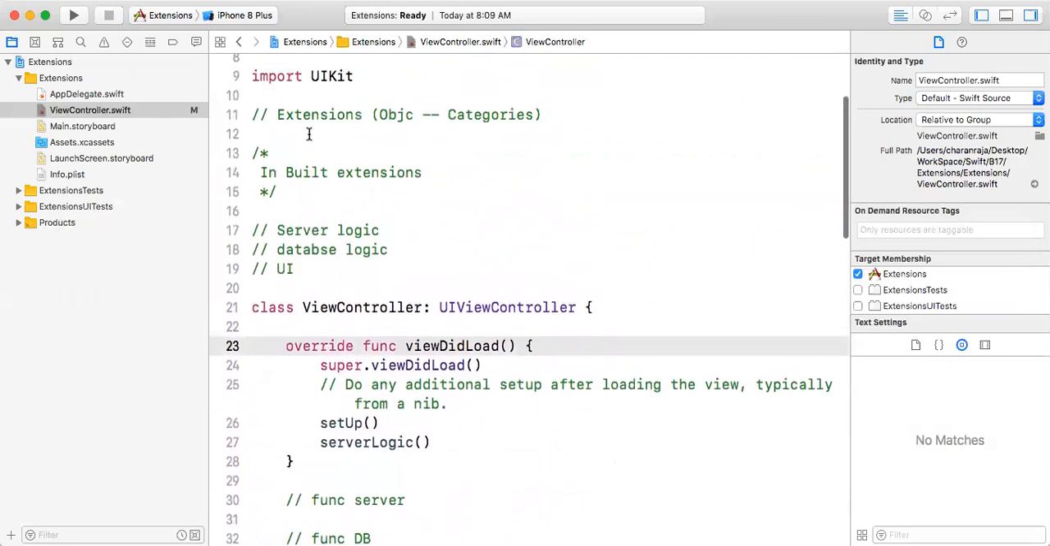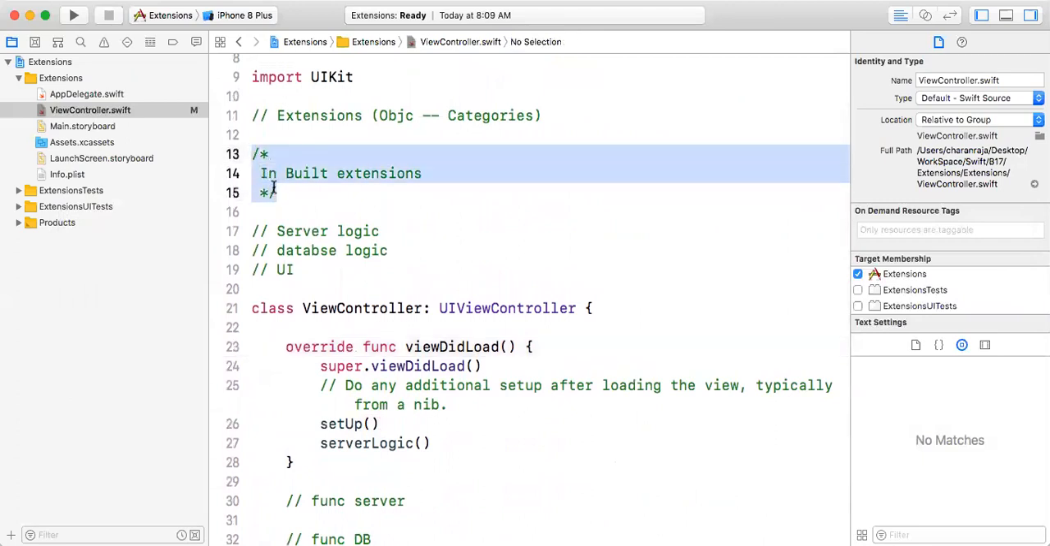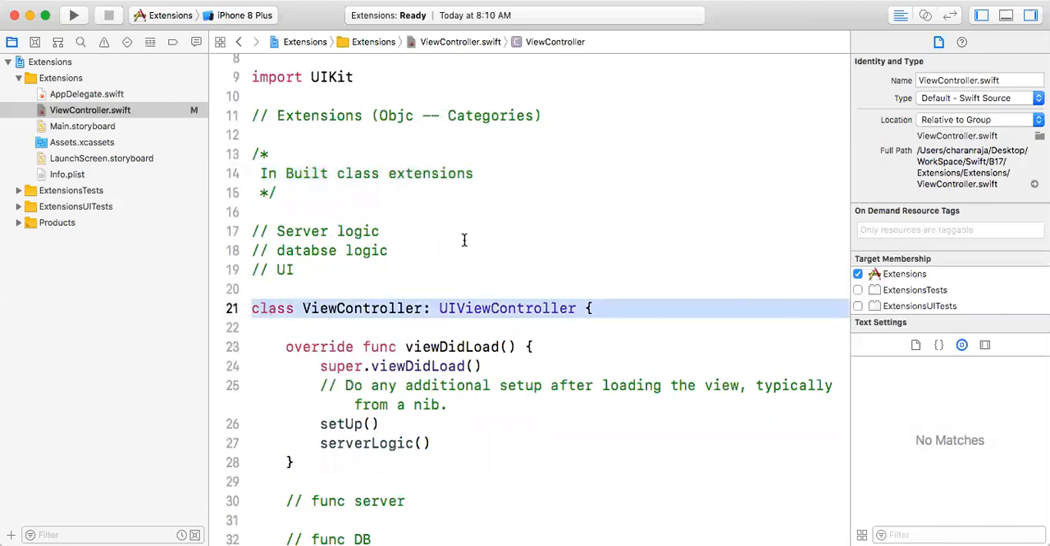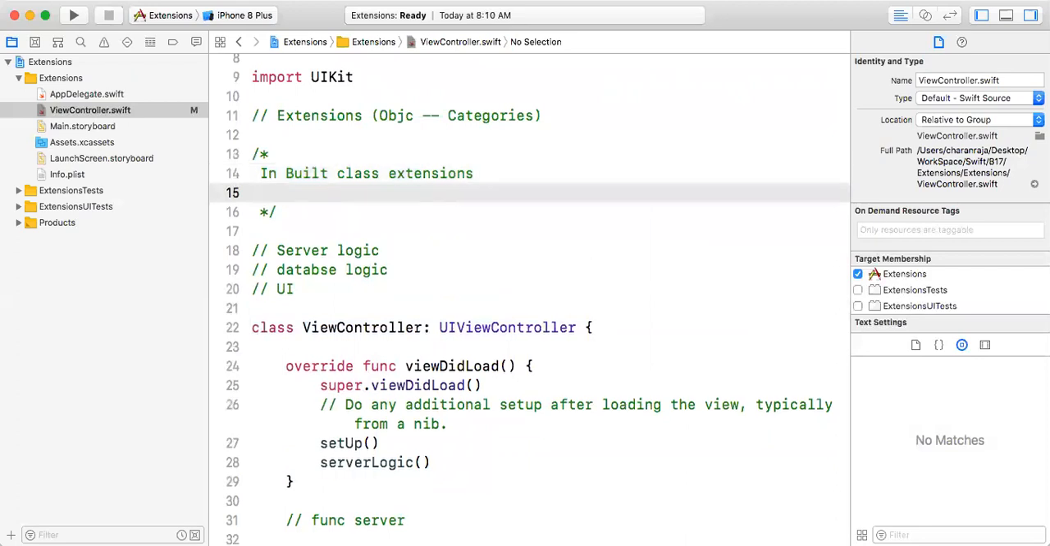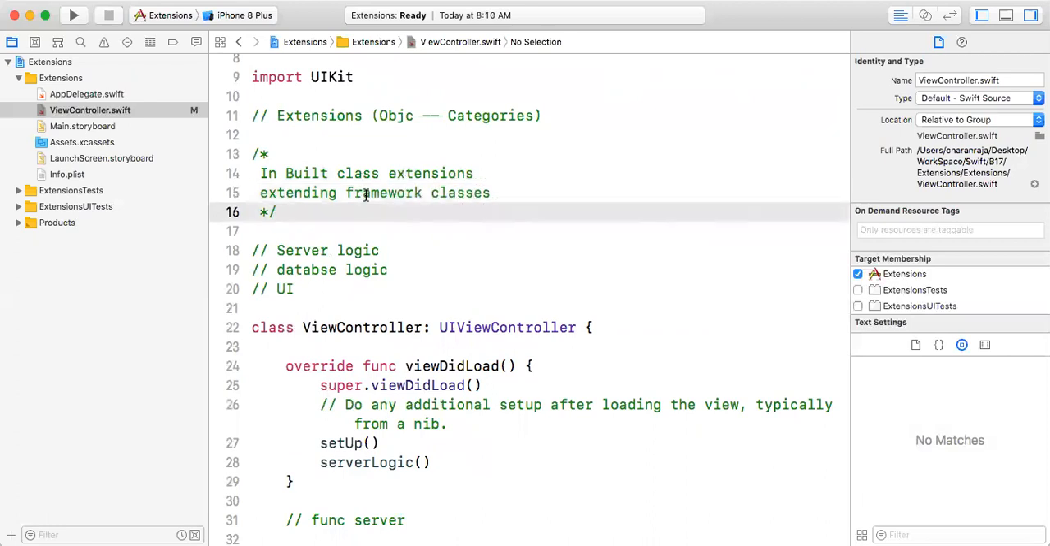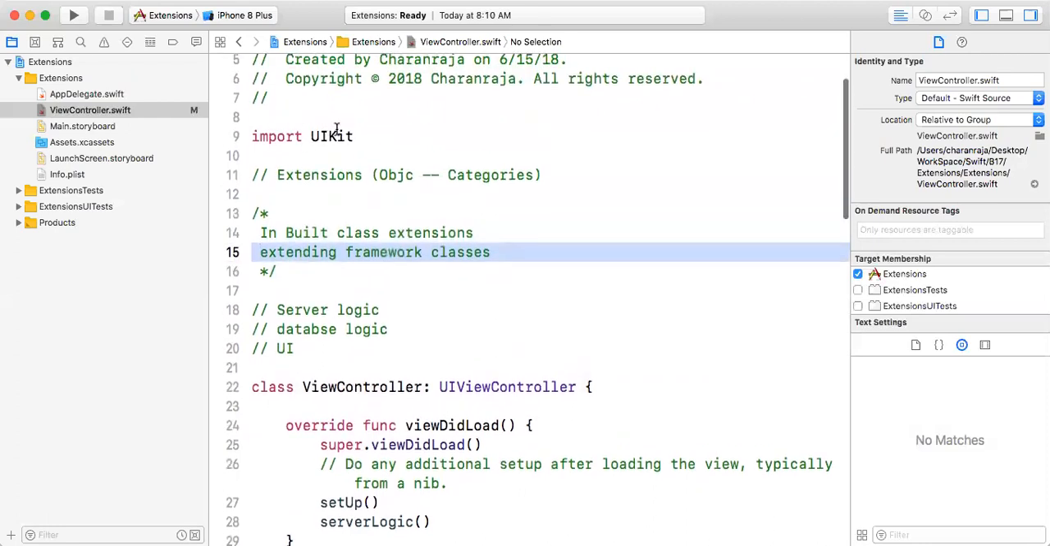This is one kind of extension. So we have two extensions. Whatever you have seen, this is nothing but a class extension. So inbuilt class extensions, we can say. So this is a class we are having. And the second thing, extending your framework classes. So what it means, when I go to the framework, when I go to my module,